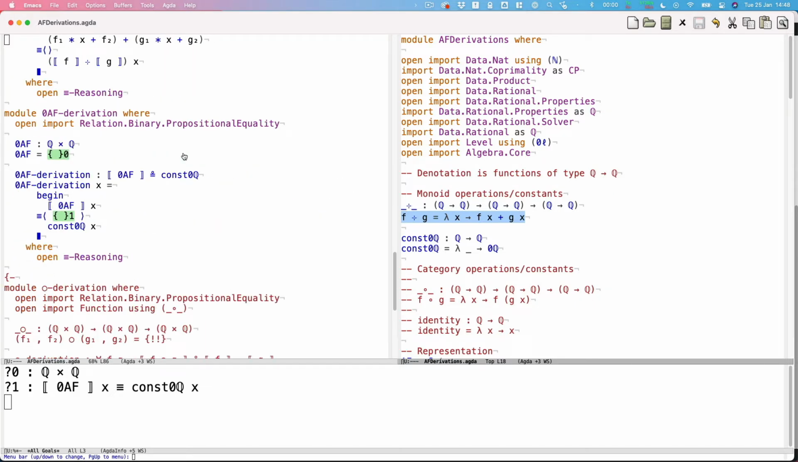In this particular video, we are going to be deriving an analogous structure to const q. Now, const q is the constant function that returns 0. So no matter what argument is given to it, it'll return 0. Of course, in the representation, the analogous type is a pair of rationals. And we don't know what this is going to be yet, so I'm just going to leave a hole here,